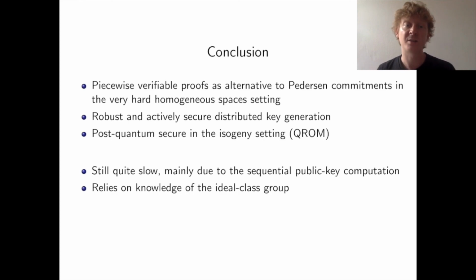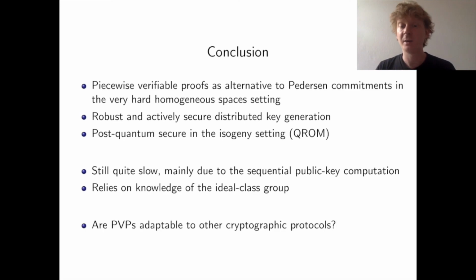Another drawback is that for the instantiation with isogenies, we need to know the underlying class group. So far, this class group is only known for the CSIDH 512 parameter set, which is quite far below the NIST post-quantum security level 1. So computing class groups is a difficult task, but on the upside, if large-scale quantum computers become a real thing, these class groups can actually be computed quite efficiently using quantum computers. Finally, we leave it as an open question for further research if these piecewise verifiable proofs are somehow usable in